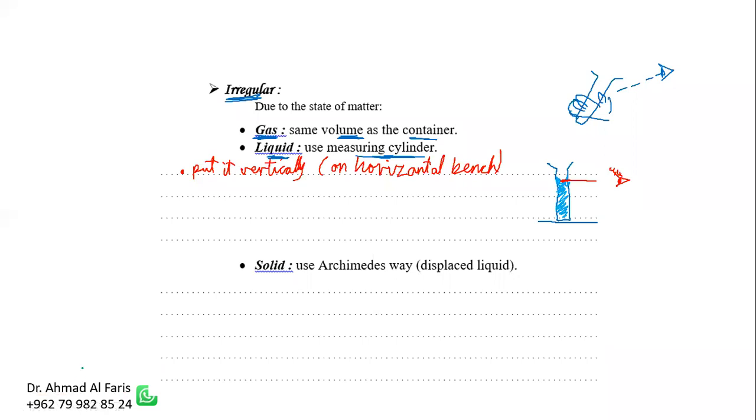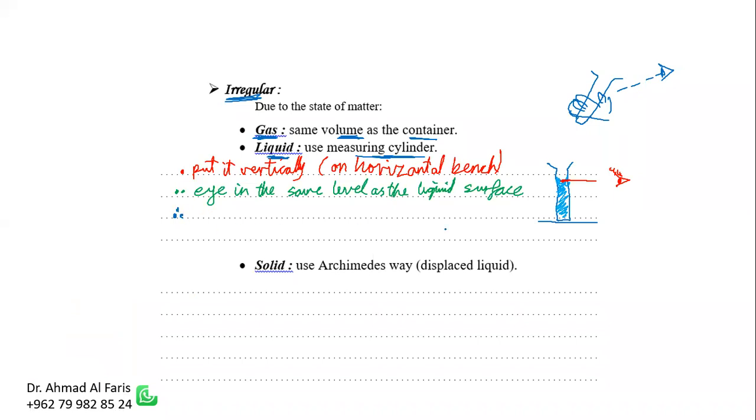Second step, my eye should be at the same level as the liquid surface. That's the second point. Third point, reading from the base of the meniscus, the bottom of the meniscus, unless we are talking